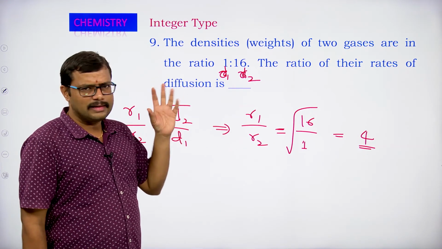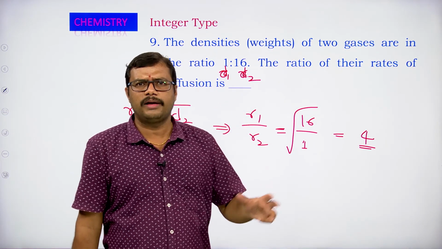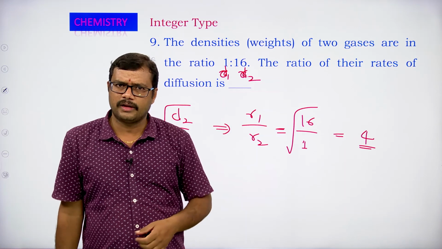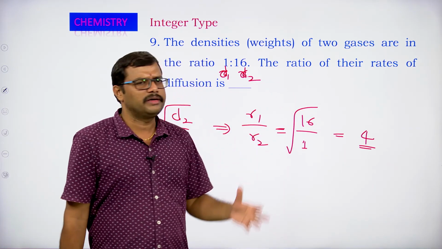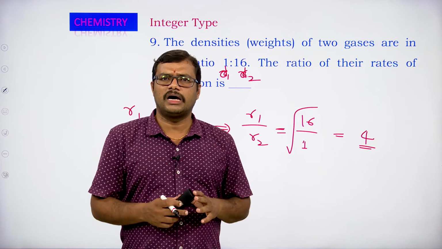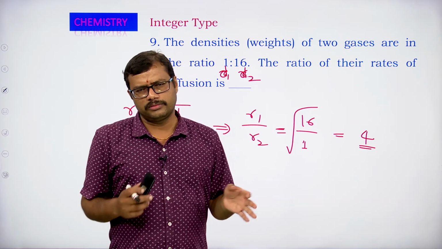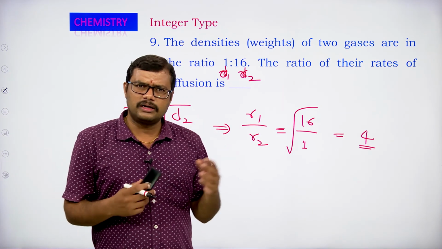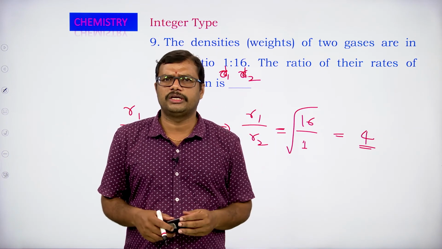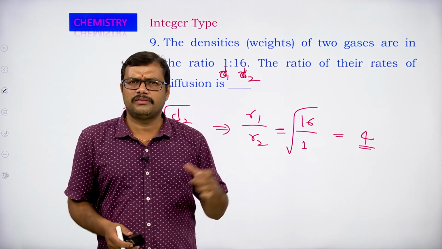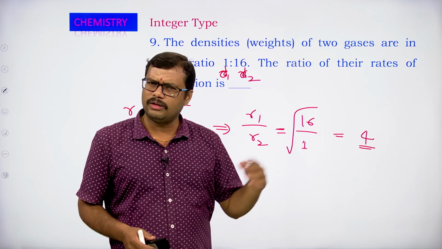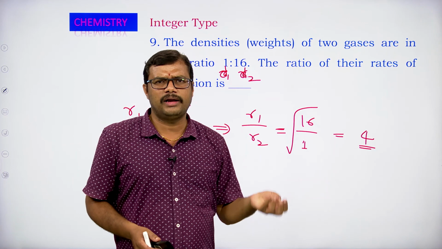Okay. I think you have got a clear idea how to apply the concept, how to apply the mathematical equation and how to solve it, and how we can correlate the densities with respect to the rates of diffusion, and how we correlate the molecular masses with respect to the rates of diffusion. So all these things you have to keep in mind while you are solving the numericals. As I told you, gaseous state is a physical chemistry chapter. Generally we expect numericals in the examination. So you have to focus on those equations, remember them, and just analyze the parameters given in the question and then apply them. Once you analyze, 99.9% of the problem is solved. Only mathematical operations are left. So you can easily apply and solve it.